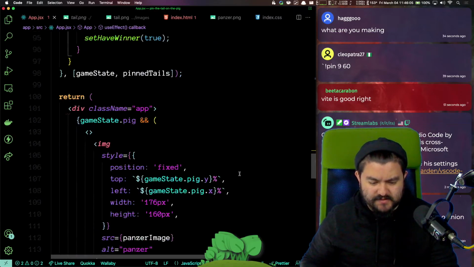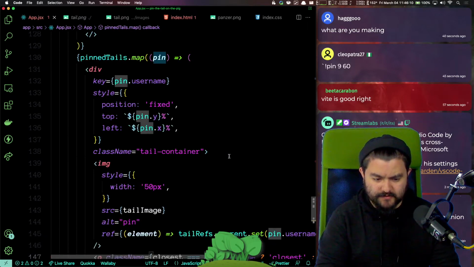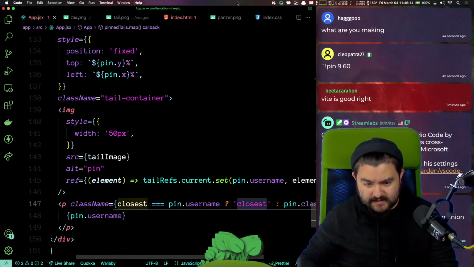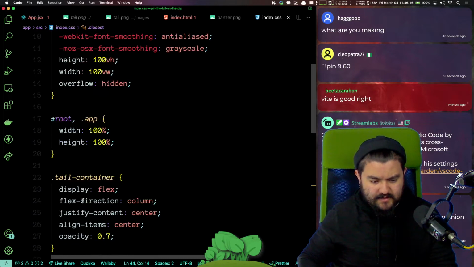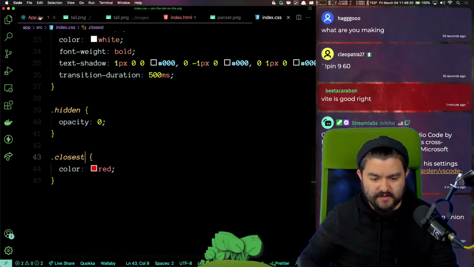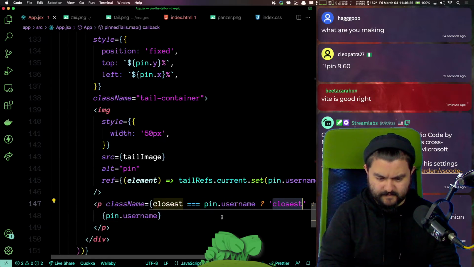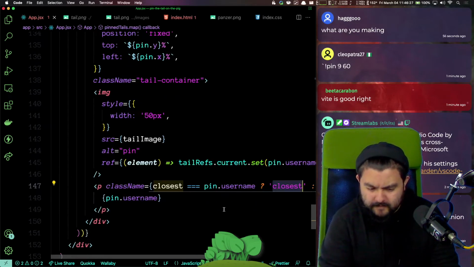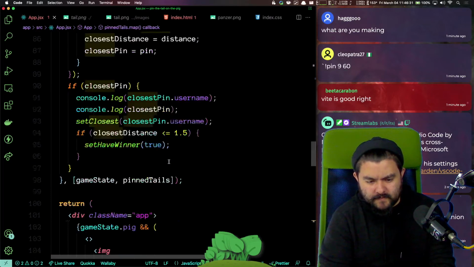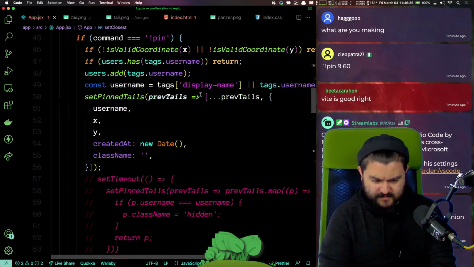So we set the closest to be their username. We're saying if it's equal to the pin's username, then we're going to add the closest class. This does exist, and this attempts to set the color of the text to red. We are calling set closest.